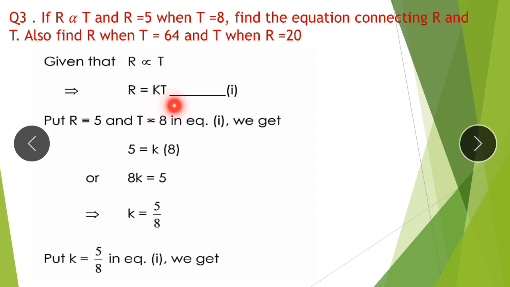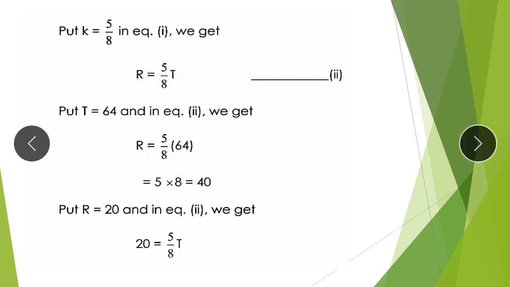R is equal to kt. When we put these values r is 5 and t is 8, we get 8k is 5. So the value of k will be 5 upon 8. 8 is being multiplied here, so on that side of the equation it will get divided. Here's the value of k. Now you have to put back this value in this equation in order to show the connection between r and t. So let's put the value of k in this equation. So the relation between r and t will be that r is 5 upon 8 times t. Now